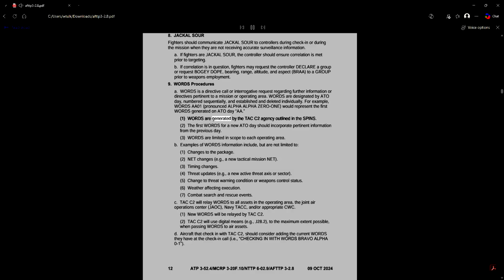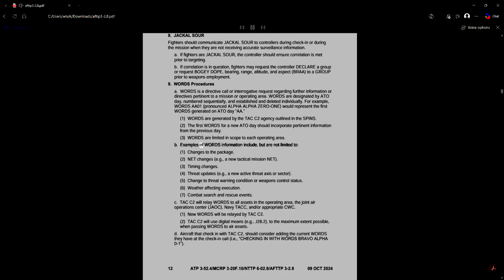Words are generated by the TAC-C2 agency outlined in the SPINS. 2. The first words for a new ATO day should incorporate pertinent information from the previous day. 3. Words are limited in scope to each operating area.